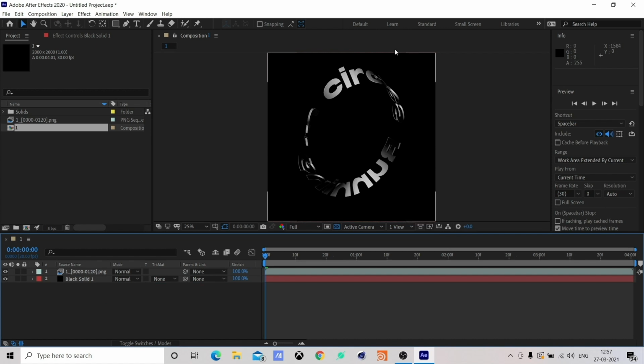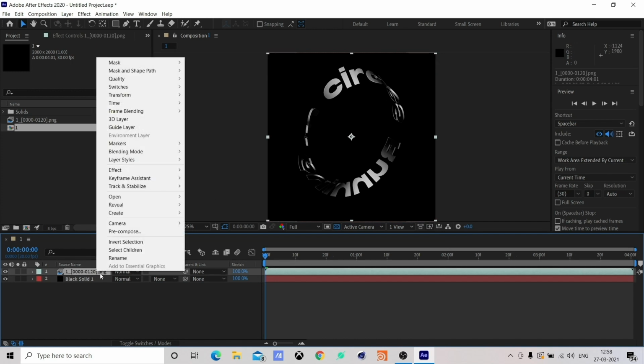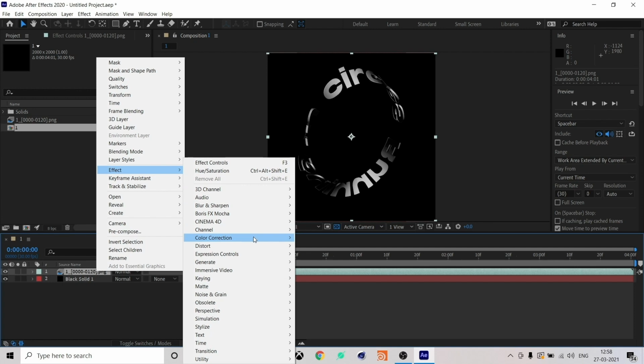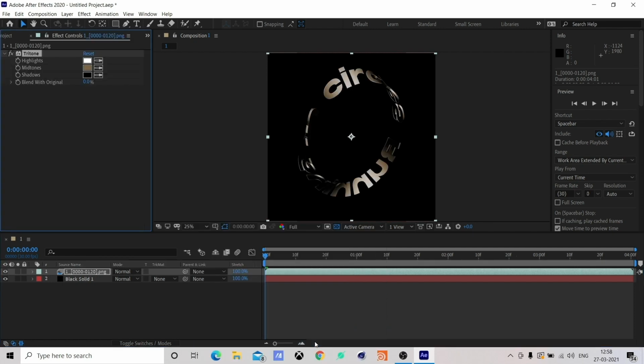So yeah, now we want to actually modify the colors that we had set up in Cinema 4D. To do that, we want to go to Effect, Color Correction, and then Tritone. So if you've ever used Photoshop, then this is very similar to the gradient map tool, which is inbuilt.